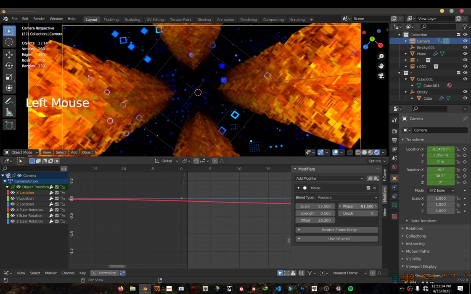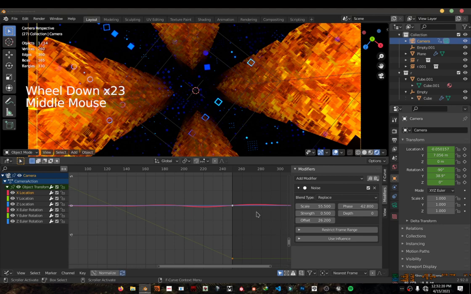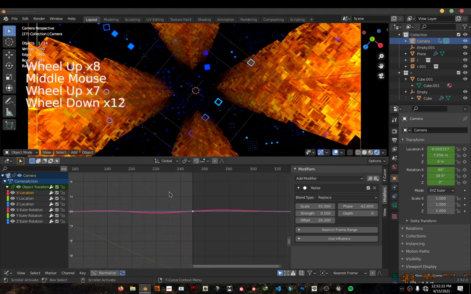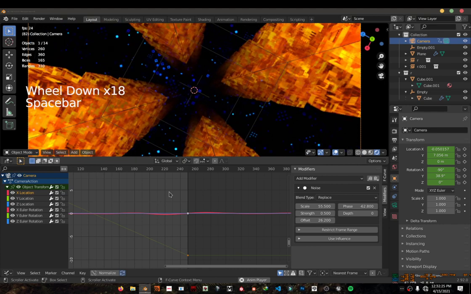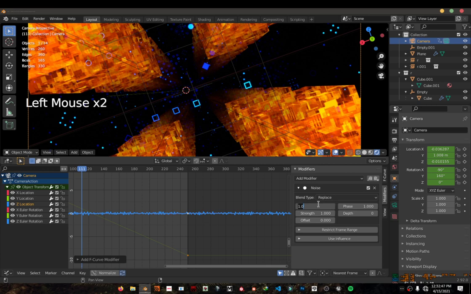Phase. Okay. Now it is aligned, so it will work like that. And to add a bit more depth to it, I just copied this to all of the location except the Y location, because for Y we edit this custom rotation, that is the full flip it is doing. So again 55.5, enter, strength 0.5, and